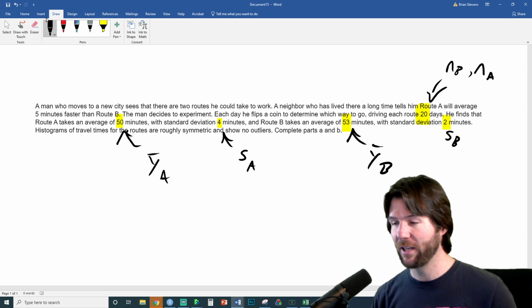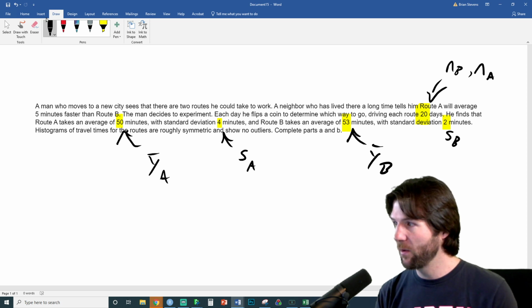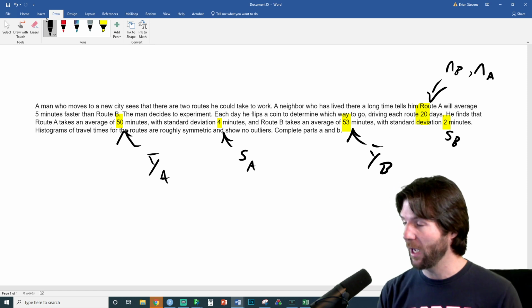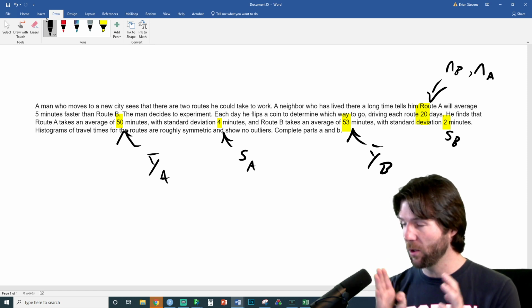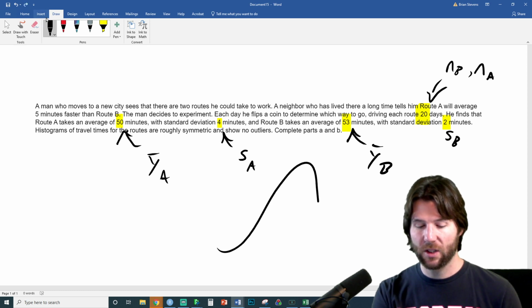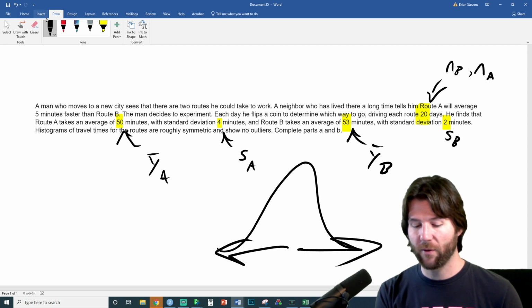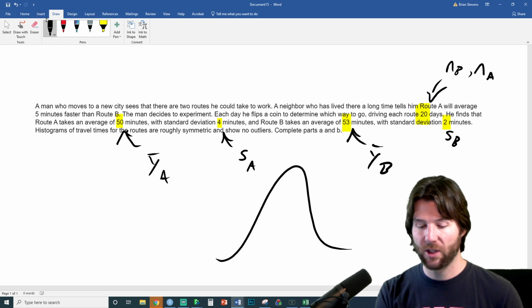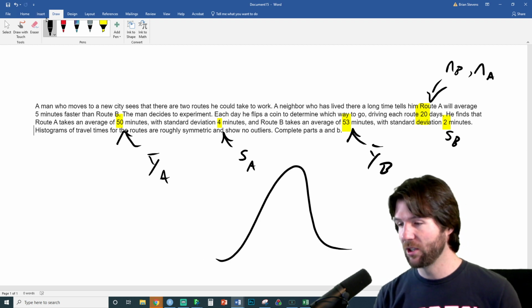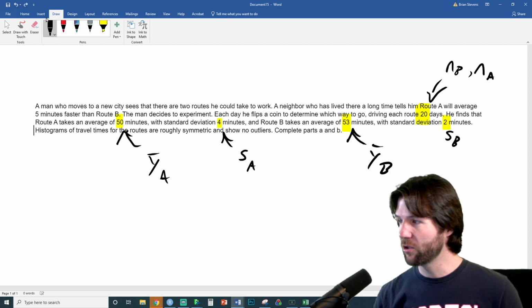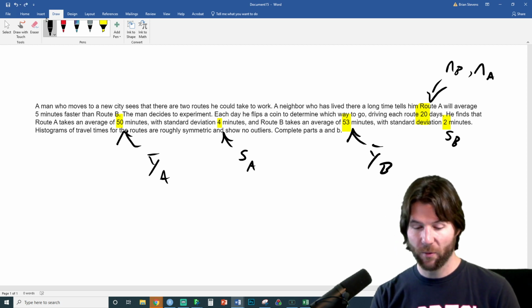We have the standard deviation, which is the variation. A higher standard deviation means there are more differences in his times; they're more spread out. Lower standard deviation means his times are closer to the mean. Here's a large standard deviation, and here is a small standard deviation. Standard deviation literally controls the spread from the mean. The larger the standard deviation, the more spread; a smaller standard deviation gives a tighter distribution. So we see this all right here.